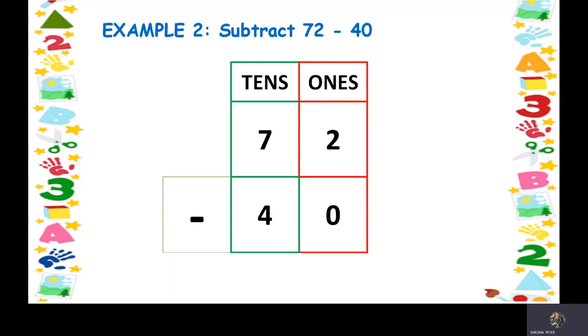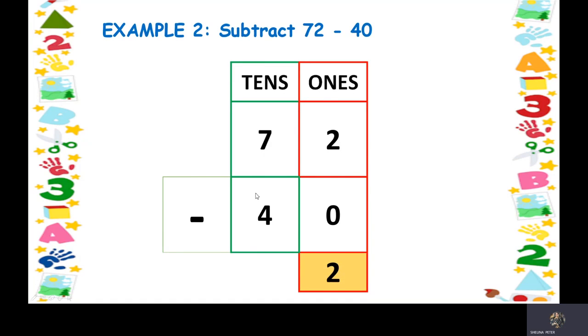Then we have to subtract these numbers. So starting from ones place again, we have 2 and 0. Keep 2 in your mind. And what is the meaning of 0? 0 means nothing. So you don't have to take out any number from 2. So again the answer will be 2 only. As 0 means nothing, remember, wherever you see 0, the same number will come. 2 minus 0 is 2.